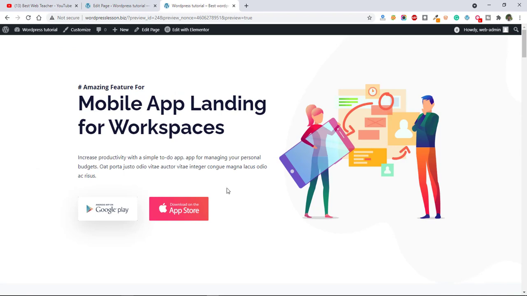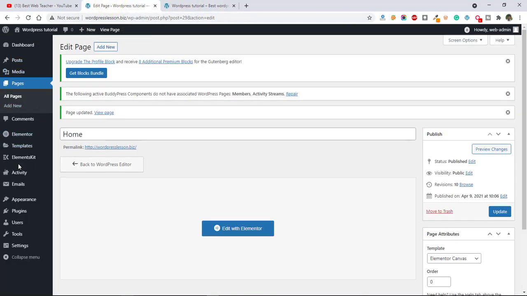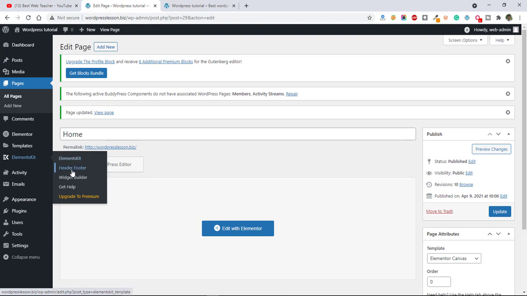Okay, now we are going to create the header, logo section, menu section and contact us section here. To do this, just go to the dashboard and go to the Elements Kit and click on header footer.